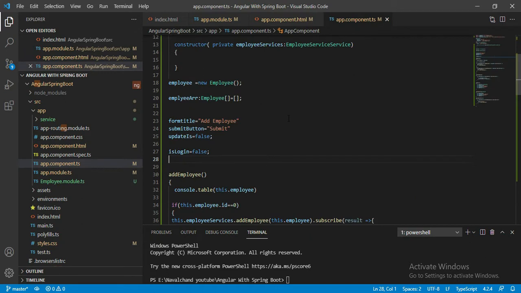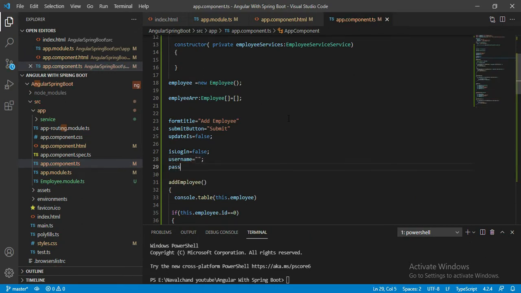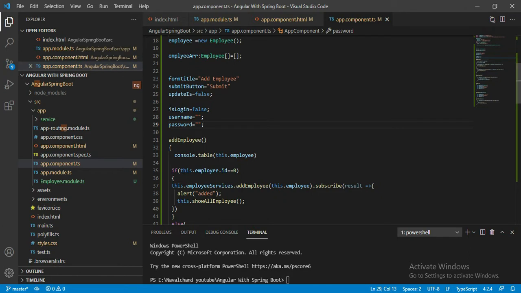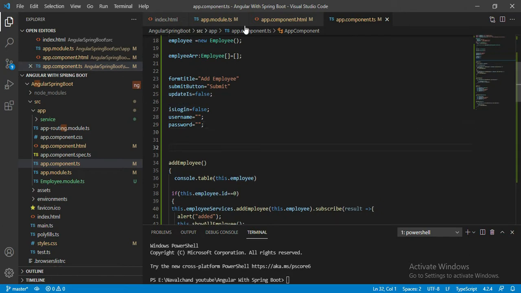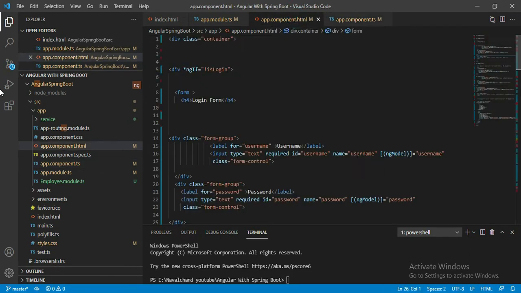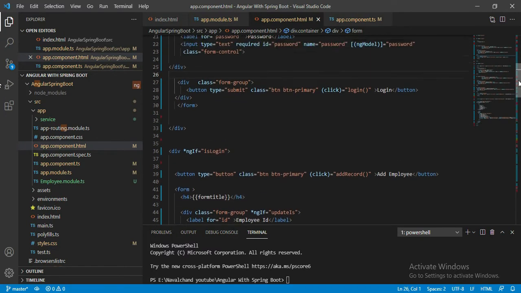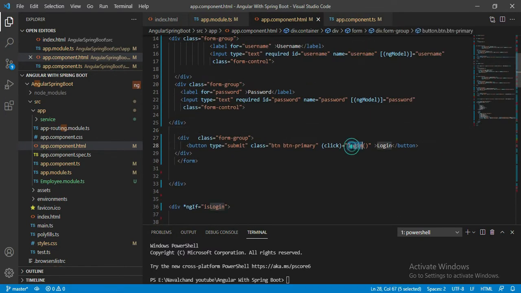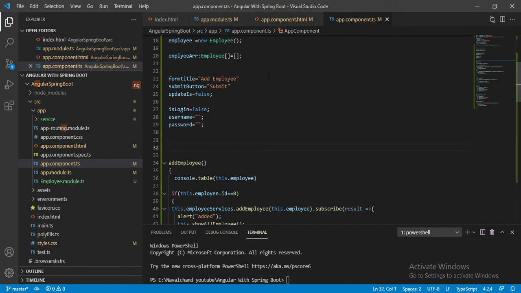Let's add those. Name equal to empty. I'll simply add password equal to also empty. Now there we create a login method. You can see here, when we hit the login button, that time this login method should be called.